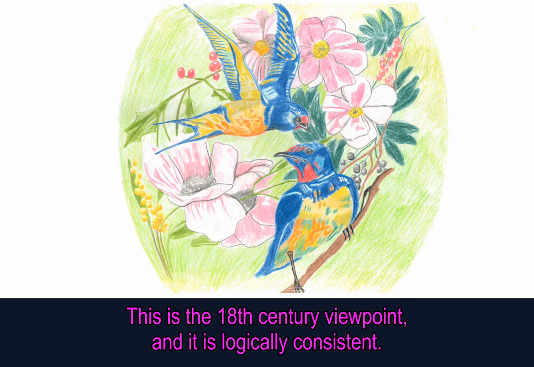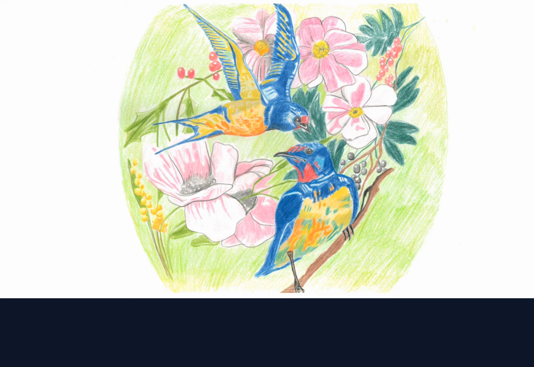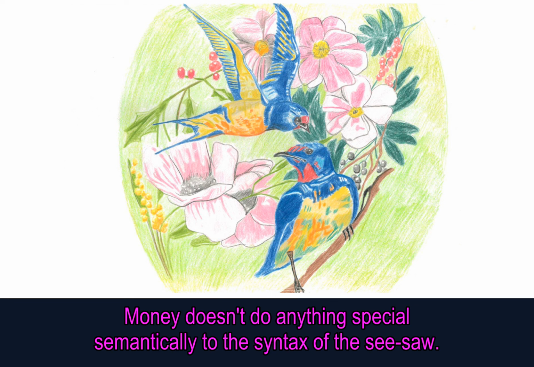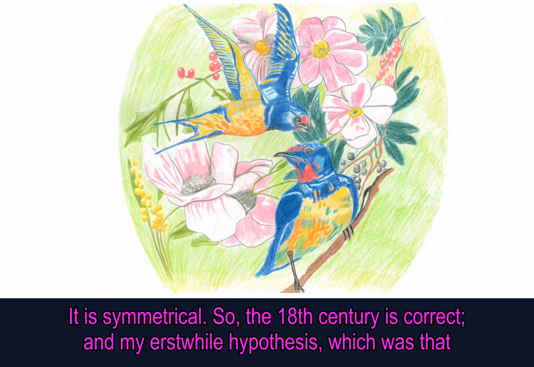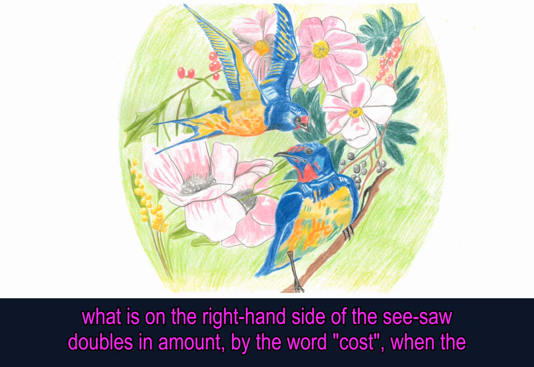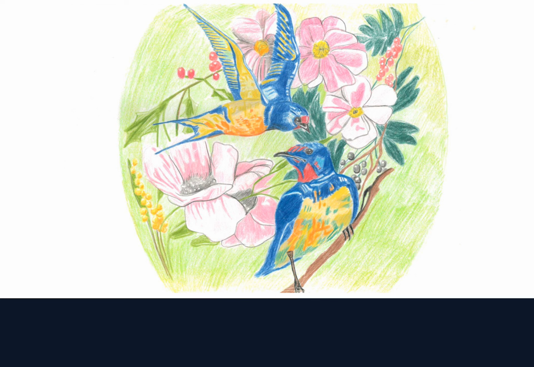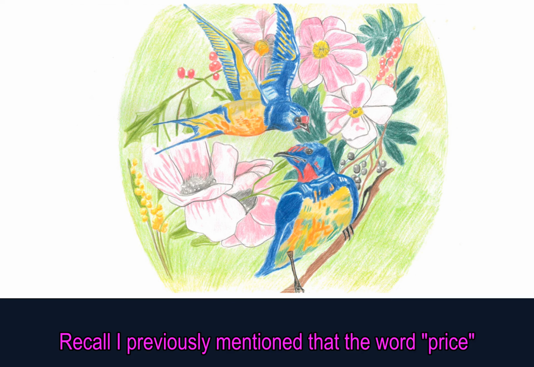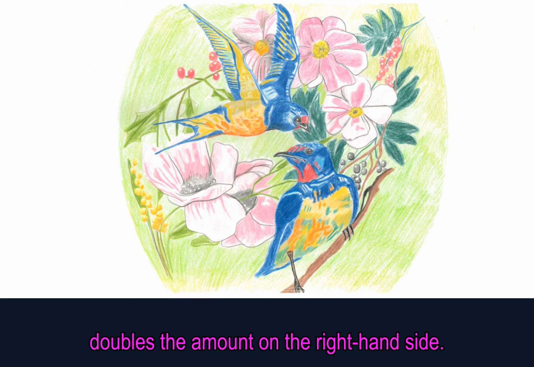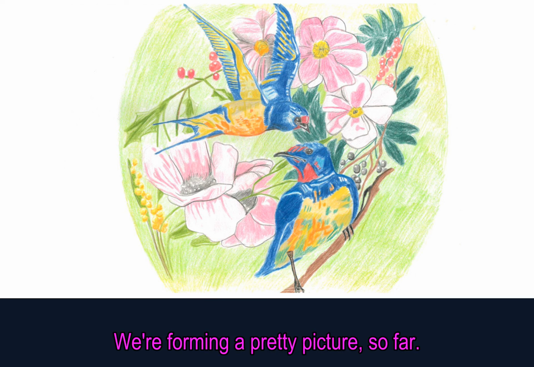This is the 18th century viewpoint, and it is logically consistent. It is semantically consistent, and it is syntactically consistent. Money doesn't do anything special semantically to the syntax of the seesaw. It is symmetrical. So the 18th century is correct, and my erstwhile hypothesis, which was that what is on the right-hand side of the seesaw doubles in amount by the word cost when the cost doubles of the substance on the left-hand side, seems sound. Recall I'd previously mentioned that the word price doubles the amount on the right-hand side. Now we can infer that the word cost doubles the amount that's on the right-hand side. We're forming a pretty picture so far,